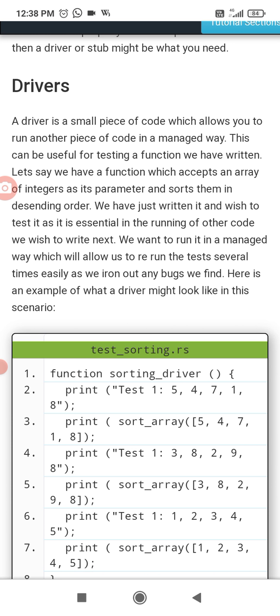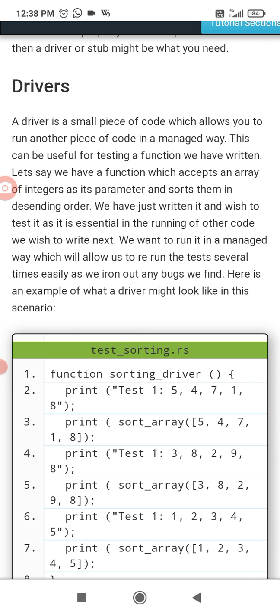We have just written it and wish to test it as it is essential in the running of the other code we wish to write next. We want to run it in a managed way which will allow us to run the test several times easily as we iron out any bugs we find.